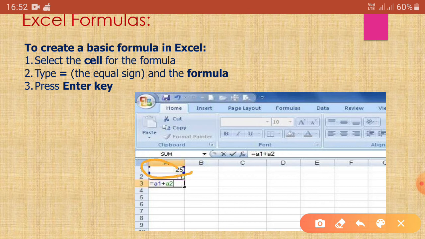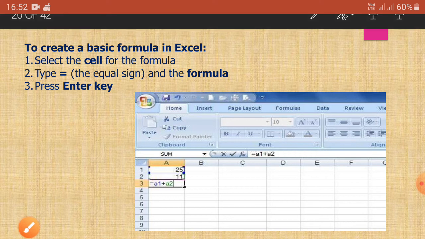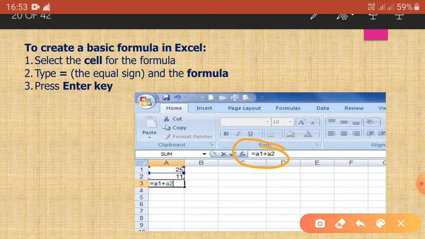In this first cell it is written 25. So the address of this first cell is A1, and 11 is written in cell A2. If you want to sum these two values, here in the formula bar we have to write the formula.